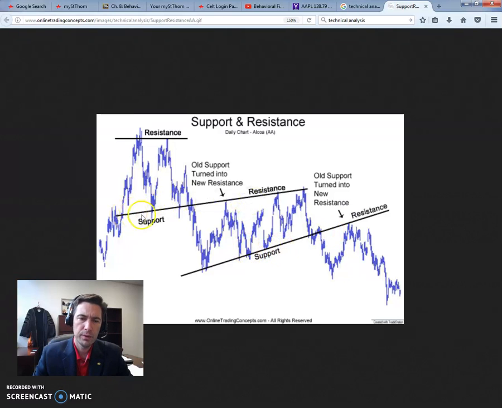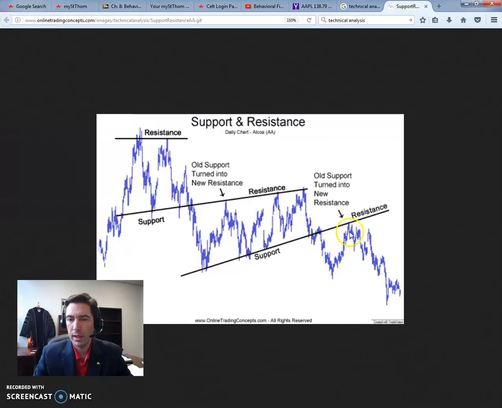And then you have this one right here that's called the resistance level. So in this section, the stock seems to go up, and once it reaches this resistance, it actually goes down. So it seems to not be able to break through this resistance level. And if you see that the stock is trading in this channel, or this range, it seems to be within this range. Then right here, the stock seems to change, and it breaks through the support level,